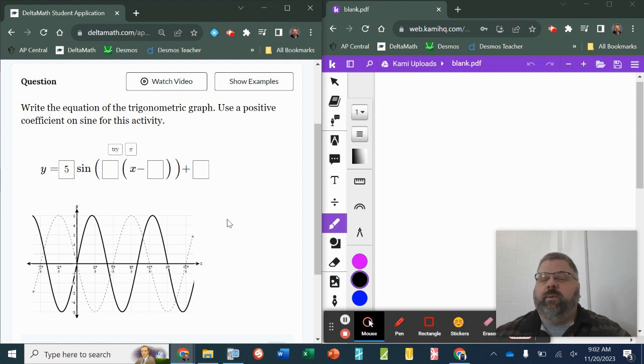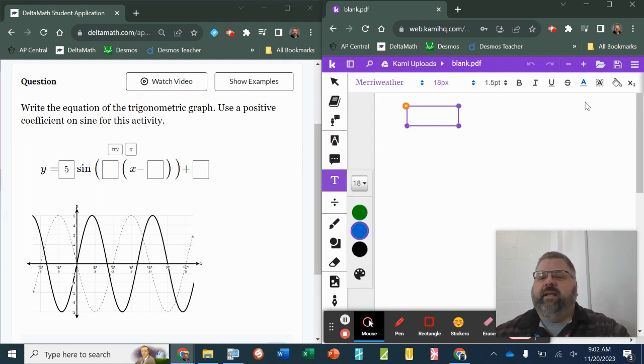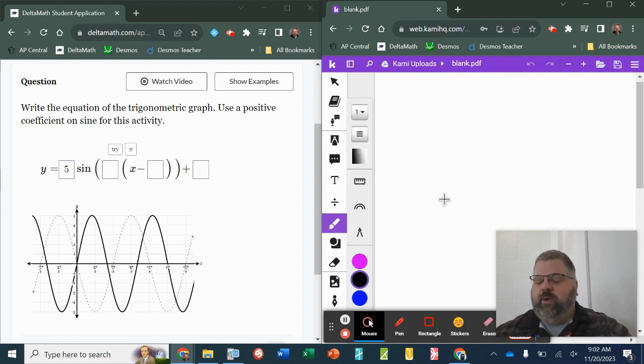Actually, let's go with the period first. Period's pretty easy to do. When I look for the period of the sine function, I see it's going down and then back up and then back to 0 at 12 pi over 5. So the formula for the period is to take 2 pi, which is the period of our parent function, and divide it by whatever period I'm seeing on my new graph. So that's going to be 12 pi